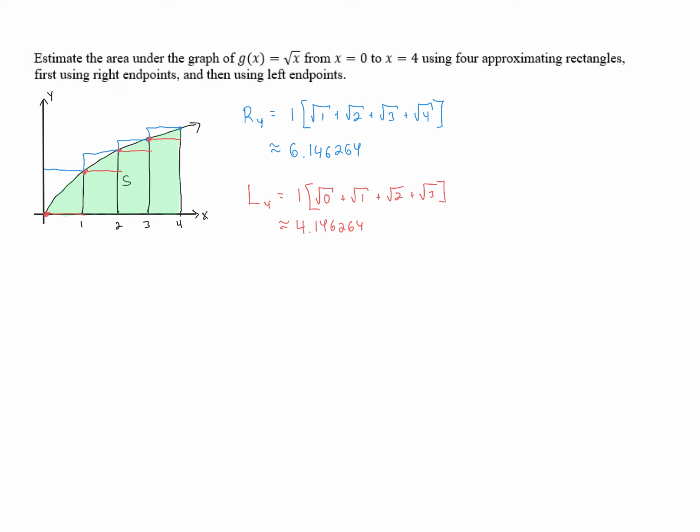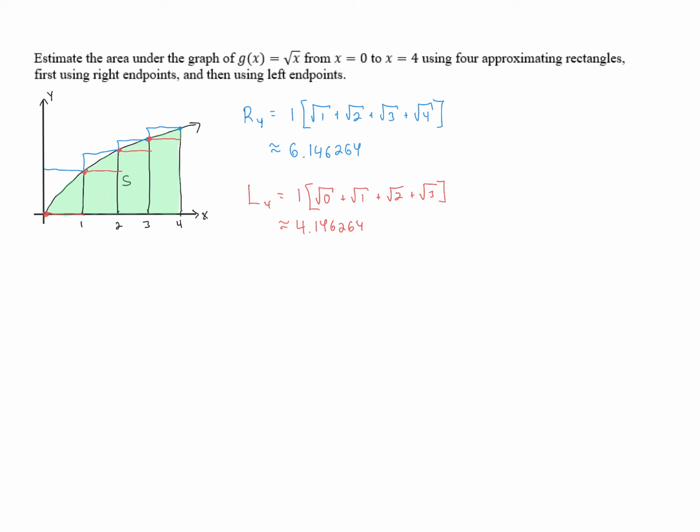4.14624. The interesting thing here is we've got the same fractional portion, but the reason there is because these two quantities are equal to each other, except we've replaced the square root of 4 with the square root of 0. So basically we've taken 2 and gotten rid of it and replaced it with 0. So we have subtracted 2 from this estimate. So we know that the actual answer is somewhere between 4.14 and